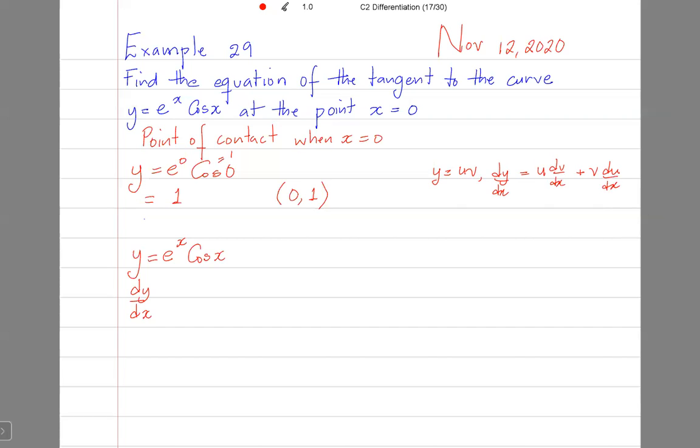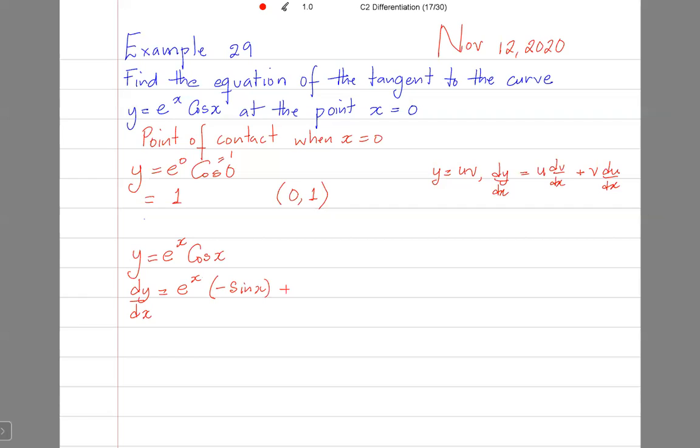In other words, leave the first, differentiate the second, plus leave the second, differentiate the first. So I'm going to leave the first, e to the x, differentiate the second. When I differentiate cosine x, I'm going to get minus sine x. So this is minus sine x,